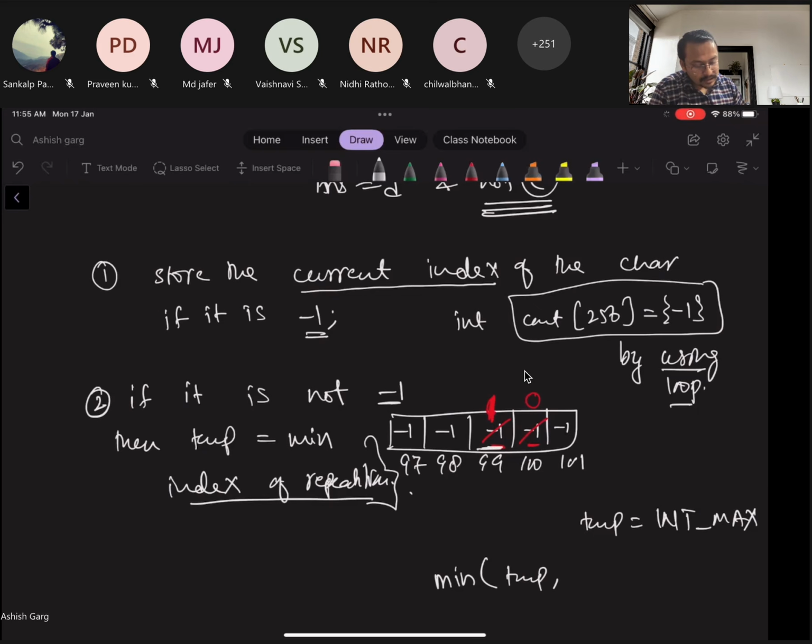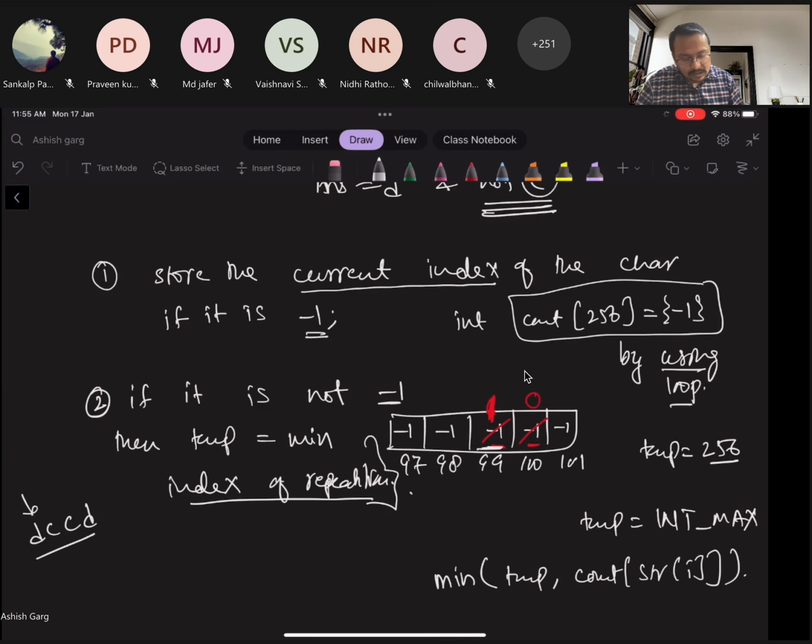So what is this? Count of str of i. Initially let's understand temp as, for example, 256, you can consider any large value. Now the string was dccd.